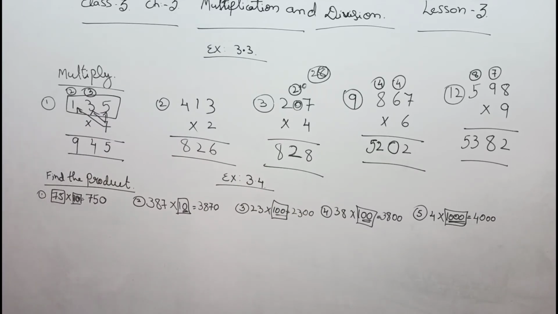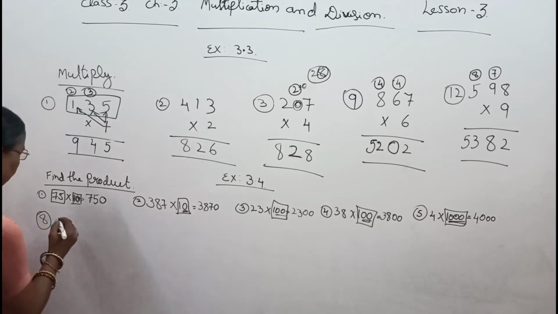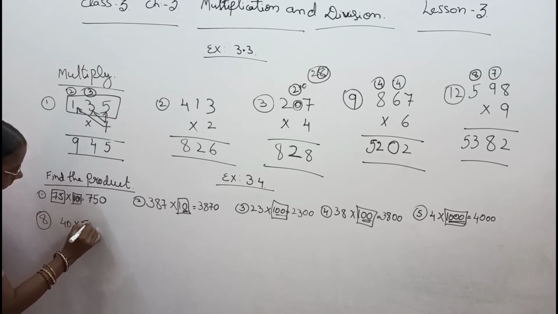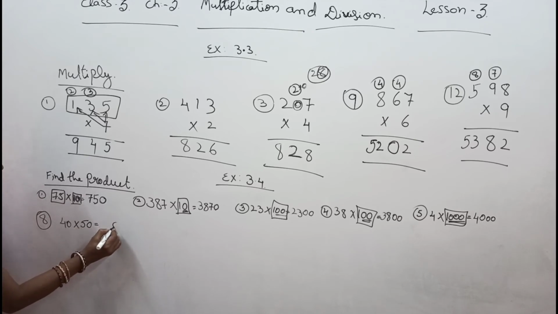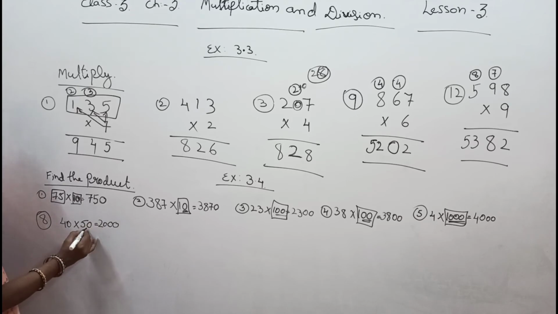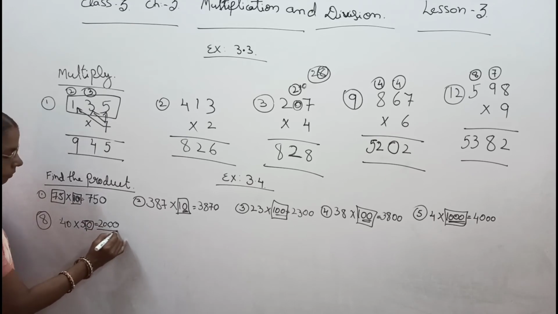तो उसी तरीके से अगर सपोज we think that if the number will be changed as I show now, that is question number 8, that is 40 into 50. तो यहाँ पे क्या करना है, 0 का 0, फिर 5 0 0, 5 4 जा 20, 0 का 0 रखा गया, इस 0 का यहाँ 0 रख दिया हमने, फिर इस 40 को 5 से मल्टीप्लाई करा तो 5 0 0, 5 4 जा 20, तो आंसर हुआ 2000.